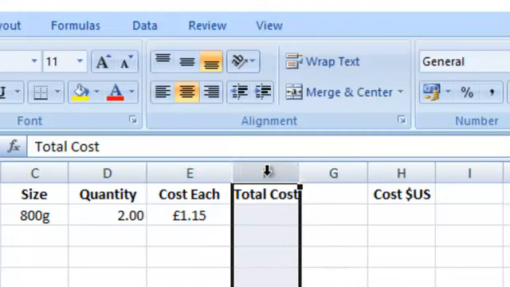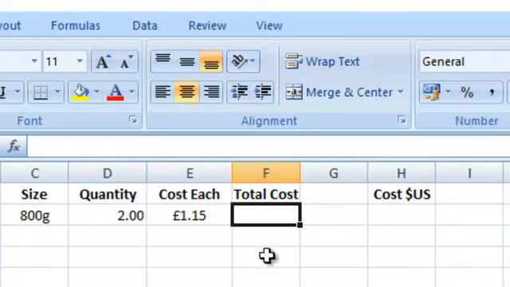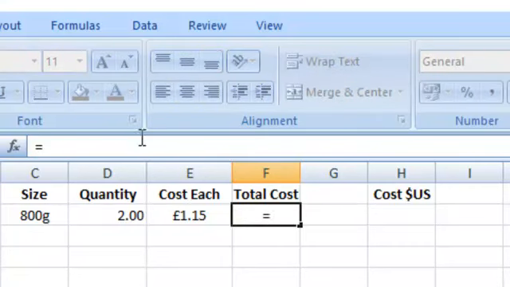I will just make sure that entire column is centered. Right, a total cost is basically the cost each multiplied by the quantity. So how do we put that in? It's not difficult at all, because all we have to do is put equals, because whatever we put after this equal sign is what this column is going to represent. So it's going to equal that column, which is D2,